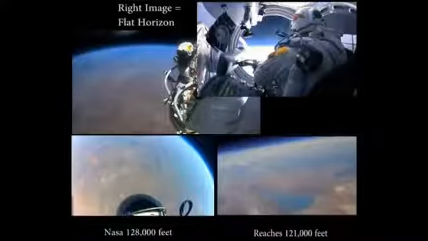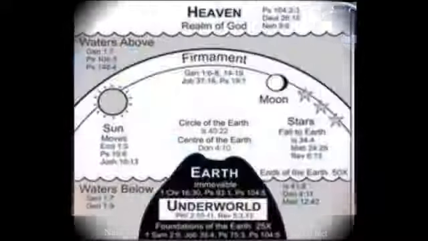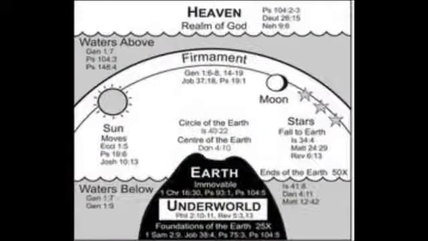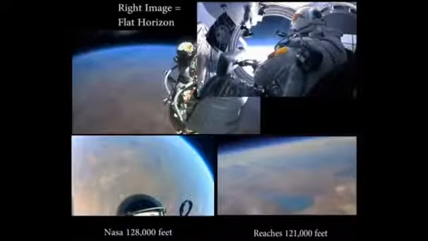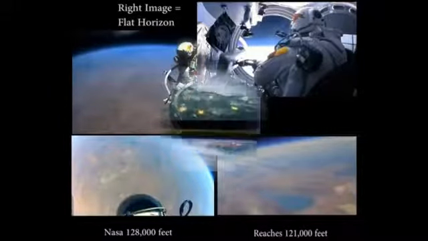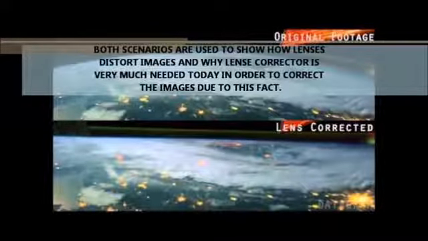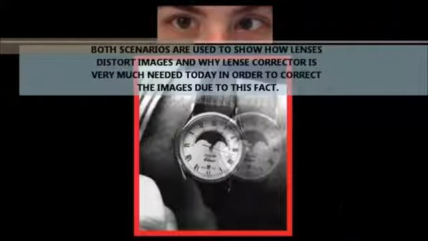What am I saying? When NASA so-called went to space, they didn't go as far as we think. As you can see in this diagram where the stars are located according to the ancestors, and we're going to be getting into all that later, so stay with me. I'm trying to break down a concept to you right now. When NASA goes to space, they use a certain lens that I would say exaggerates this phenomenon of the way light bends. Now, if you were looking at an image of the flat plane Earth from as high up as they are, it would appear bent the same way it would appear if I gave you a distorted image that I took if I was cross-eyed. But that's not the true image.